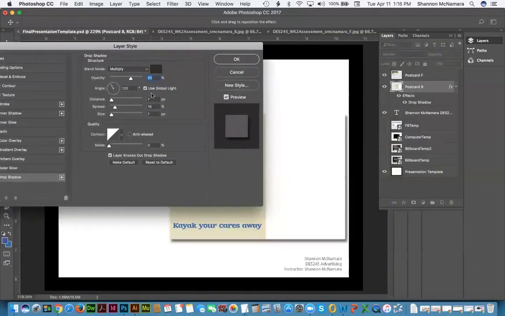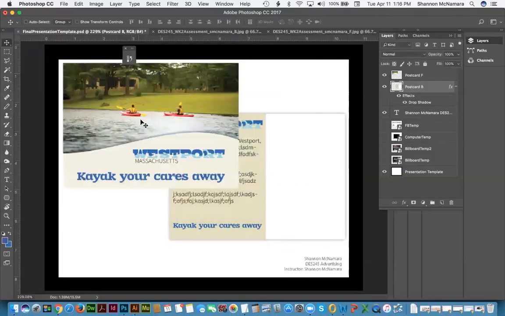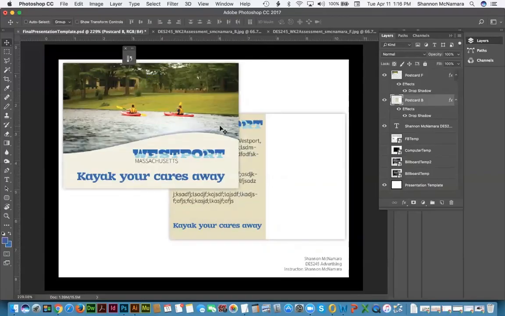That's way too much of a drop shadow. I would say maybe 25%, distance 0. See, when you do a 0, it puts it around all of the edges. Maybe 40%. So add a little bit of a drop shadow, and you can add it to the front too, just so that they're the same. And try to set them up